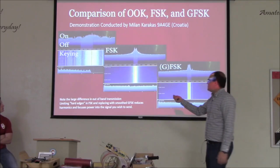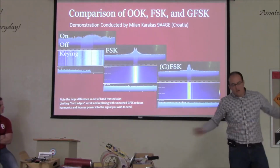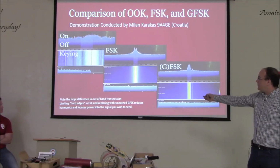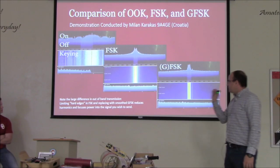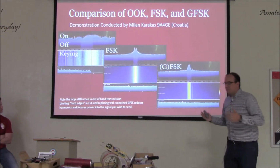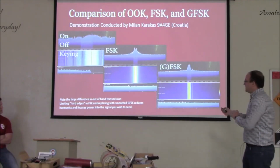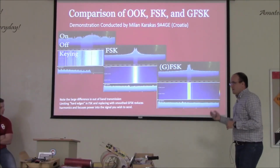If you go to frequency shift keying, where you're not just turning a signal on and off, you're not creating those harsh square wave edges, you're focusing much more of the energy into a narrower passband, getting far fewer out of band harmonics, and it's an improvement. But the reason that this Telemega and Altus Metro went to GFSK, and what the G means